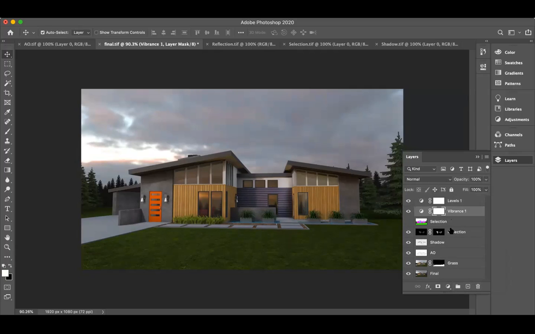So now you can see I have added vibrance and some levels. You can tweak some more settings. You can use some of your previous Photoshop skills and enhance your image. This is your final output, guys.